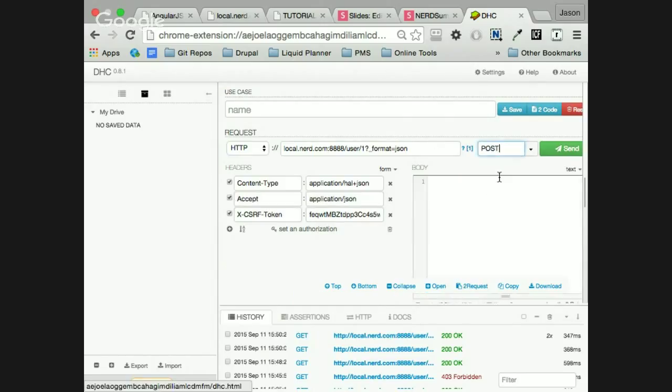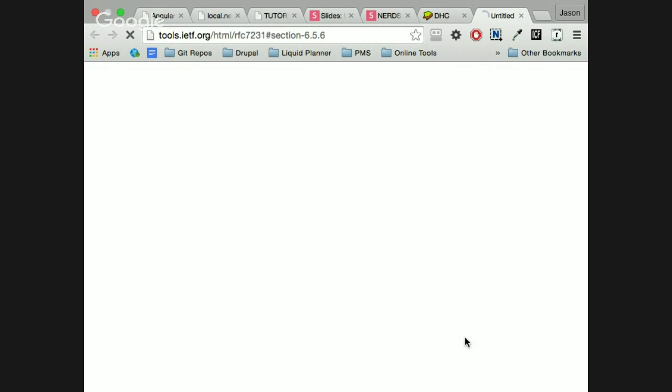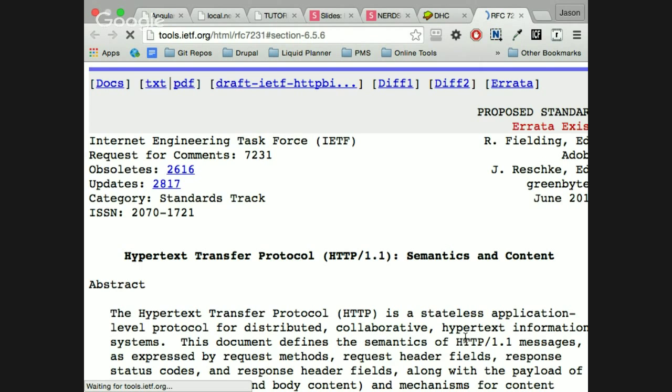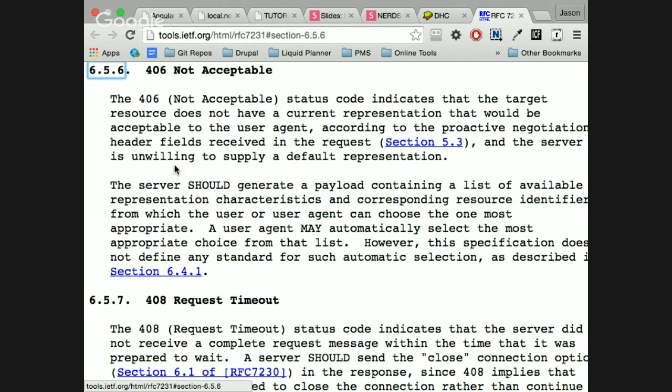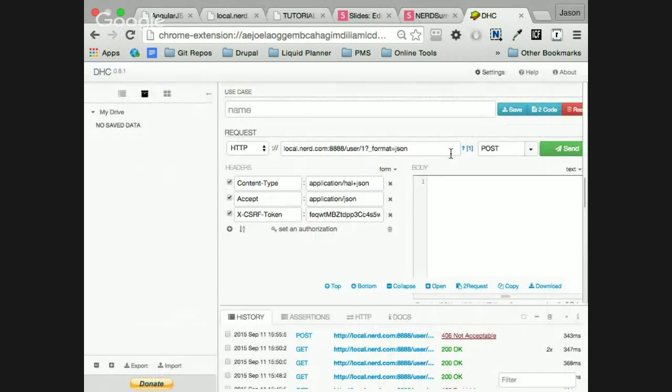We send it a post, and we send some data. But this, I know it was not going to work. It will also jump with 406 because it's an open bug on the new version of Drupal 8 beta 15. They are moving the way they handle REST, and they have this bug.